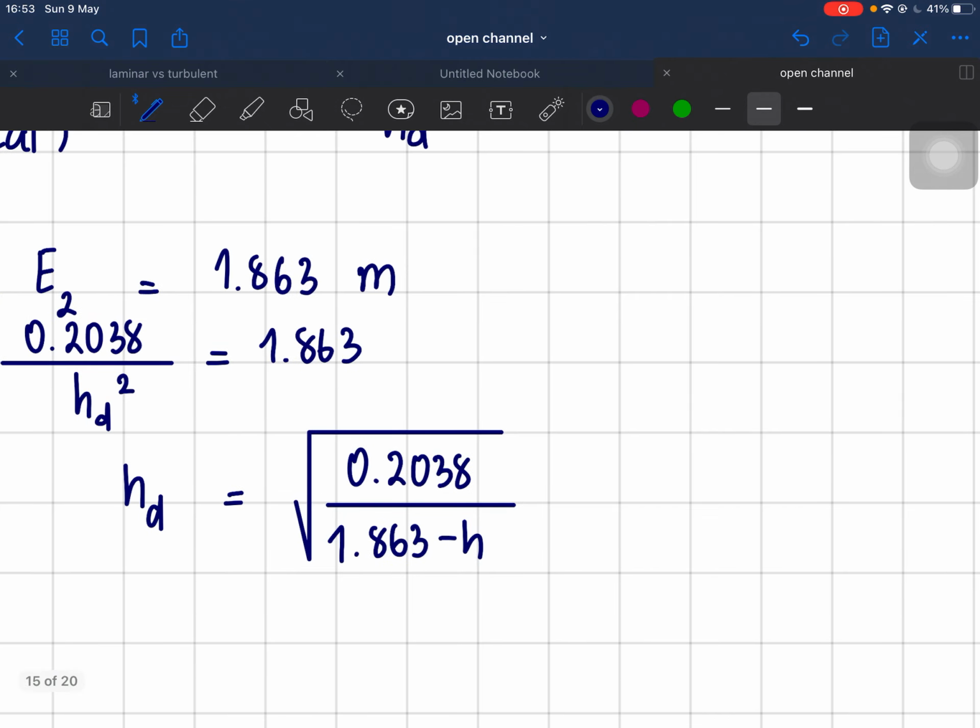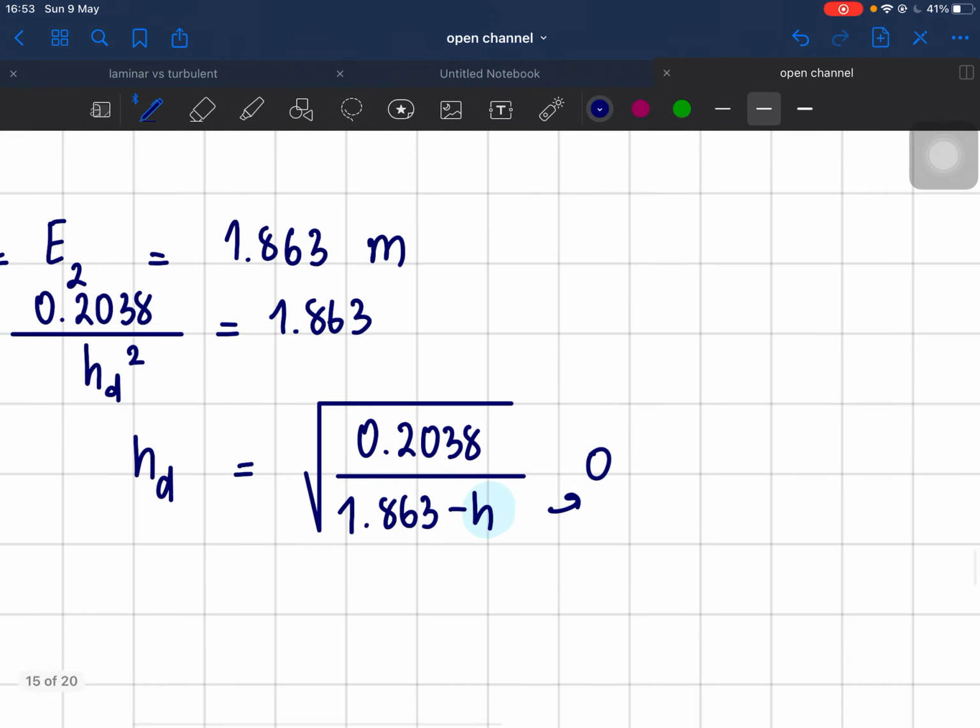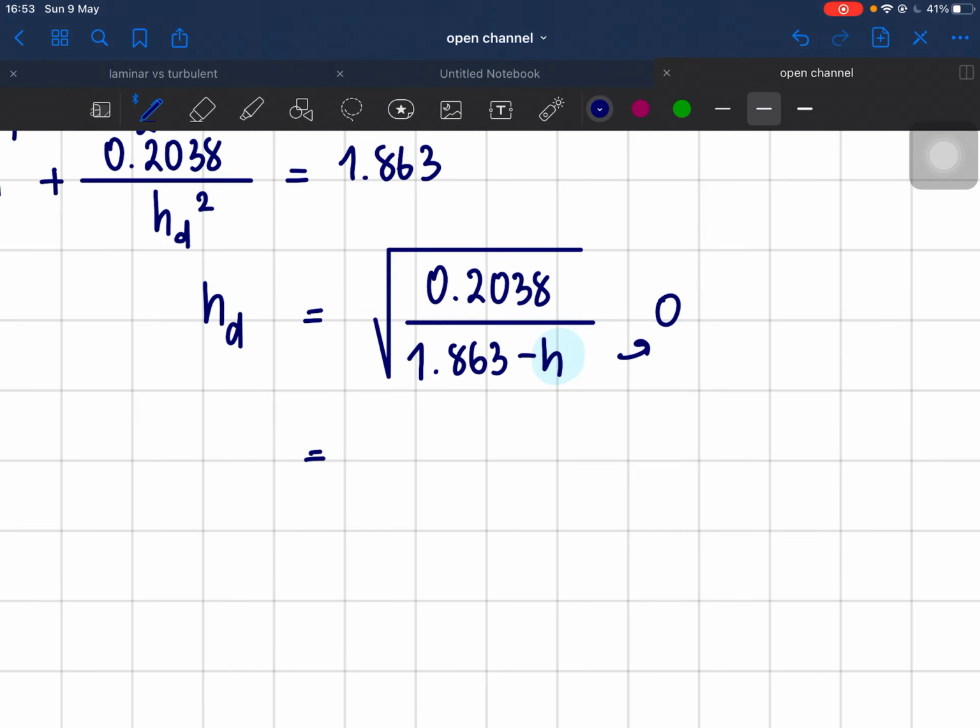But this part, I'm going to pick this one as 0. So I don't need to use the solver anymore. It's 305 over 1.863. Okay, the answer is